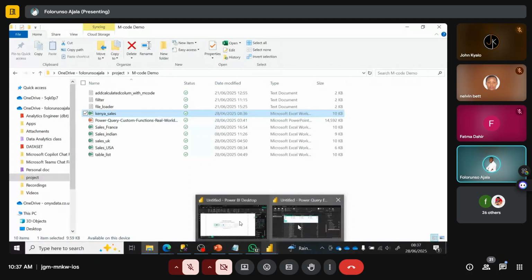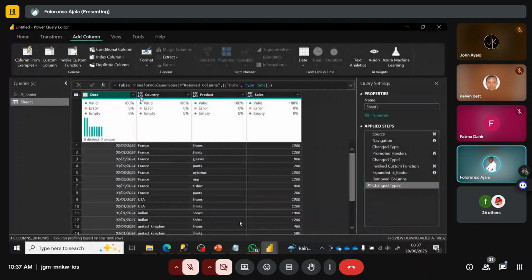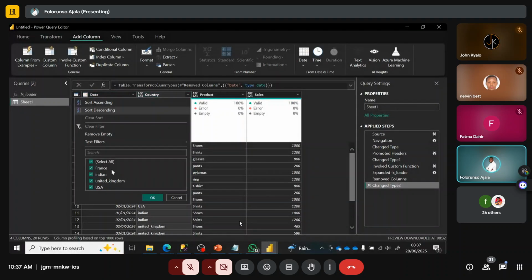Now another thing I need to do is go back to my Power Query so that you guys will understand something here. If you click on the country column, you can see there's nothing, we don't have the Kenya file yet. And if I refresh,